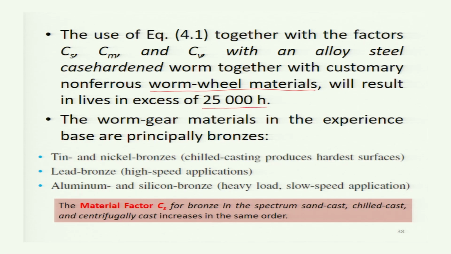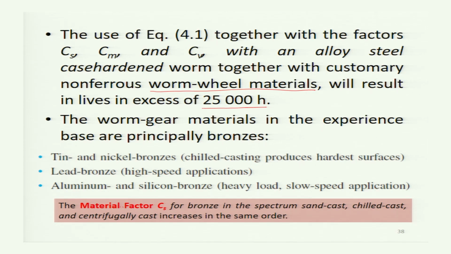The worm gear materials in the experience base are principally bronzes for the worm gear, and the bronzes are tin and nickel bronzes. Chilled casting produces hardest surfaces, lead bronze for high speed applications, aluminum and silicon bronze for heavy load, slow speed